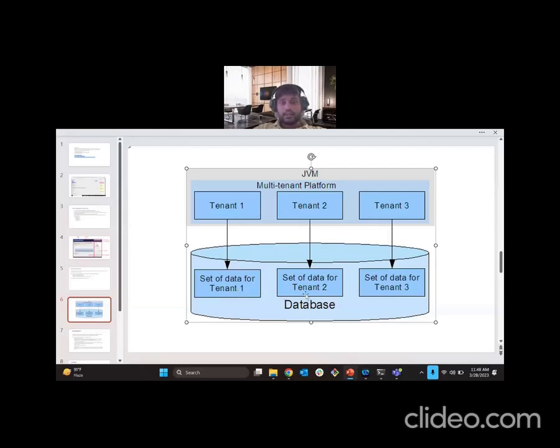All these three tenants will connect to the same Hybris instance with the same version, but will act as different data sets for each country's website, right? In that case, we will go for the multi-tenant system. So that